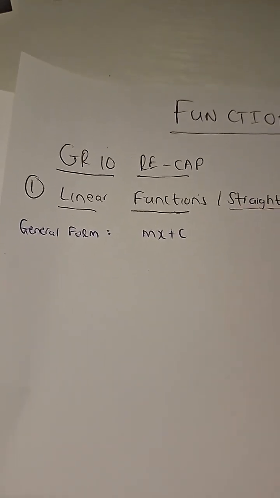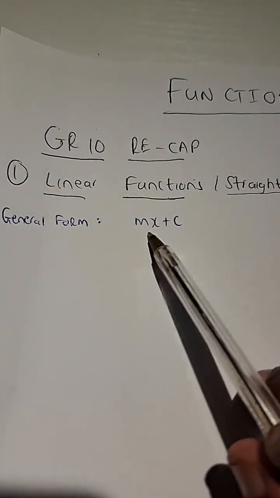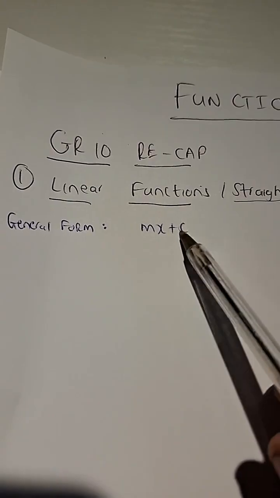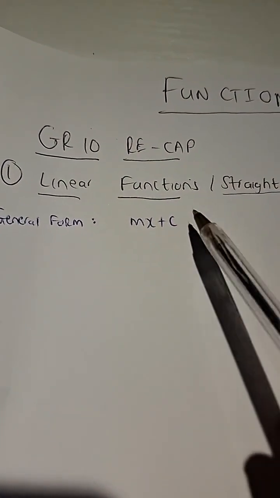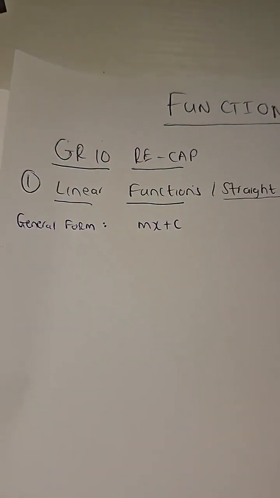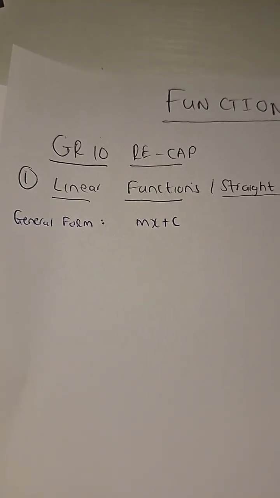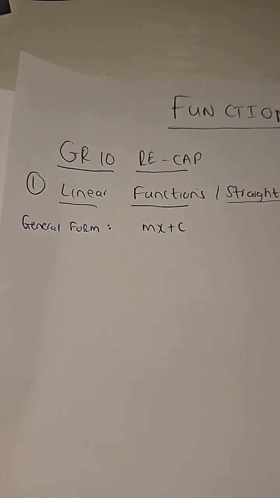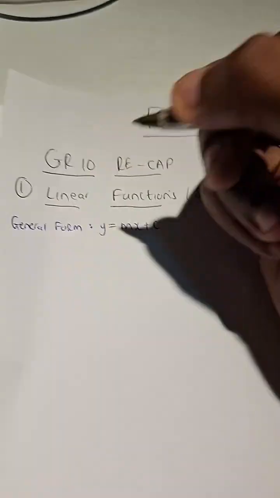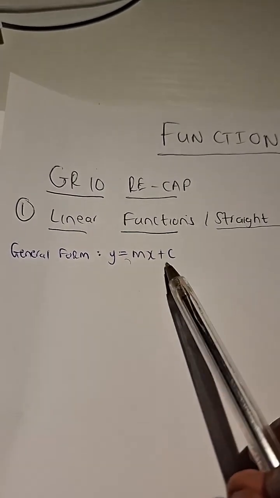So you guys are saying the general form for a straight line function is mx plus c. We all in agreement, right? Innocent is 100% spot on? Okay, so let's just put in there that y, it's very important. Y is equal to mx plus c,